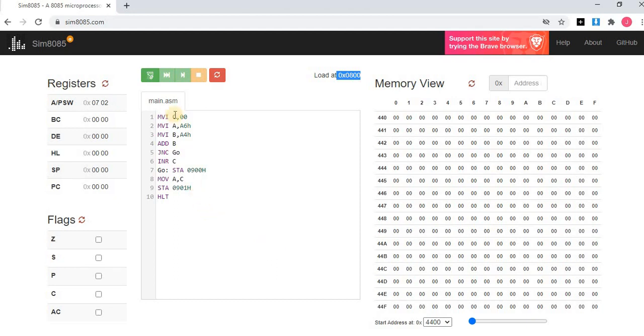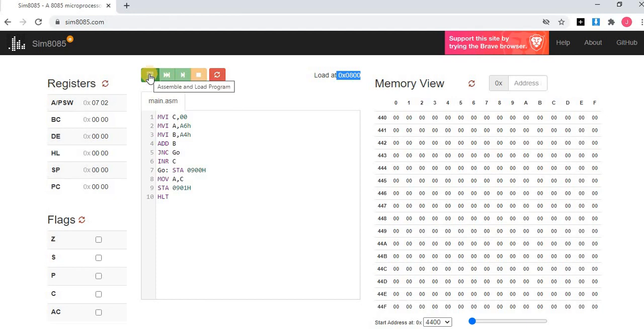For your better understanding, I am here representing the addition of two 8-bit numbers. I have already written the code. Here I am going to show you how to execute this code. I hope you have all clearly understood how the 8-bit addition operation is going to be performed. So I'm going to show you how to execute the code.